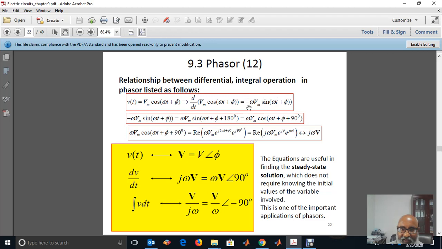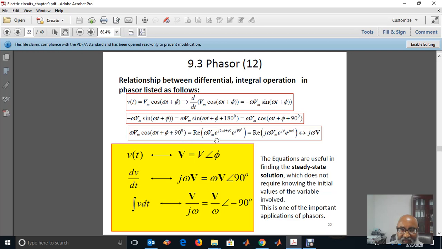So to change to cosine, for the minus version, I have to add 180 degrees. So I have this plus 180 degrees, and to change the sine to cosine, I need to subtract 90, and I have this form. So this form, when I write it in phasor form, I will have